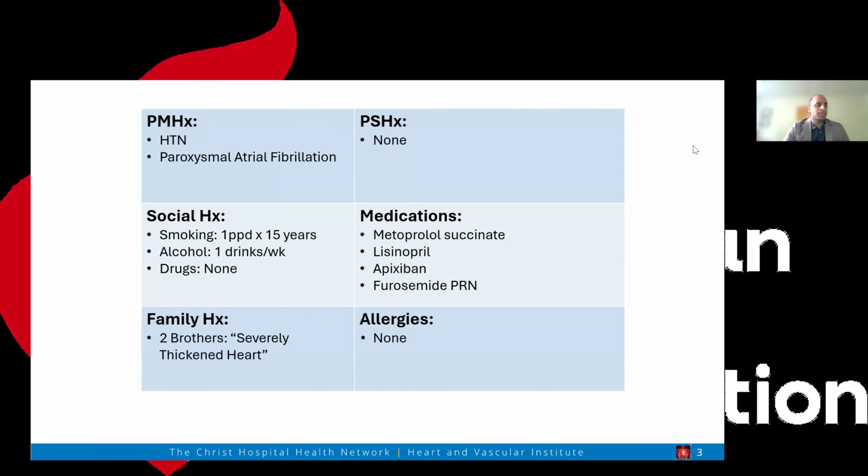And family history, what's interesting about her is that she's got two brothers that had severely thickened hearts, called thick hearts and characterized by physicians as hypertensive heart disease. But two brothers, and she only has 3 total siblings, and 2 of them were already diagnosed with these thick hearts, and all these siblings were in their 40s.